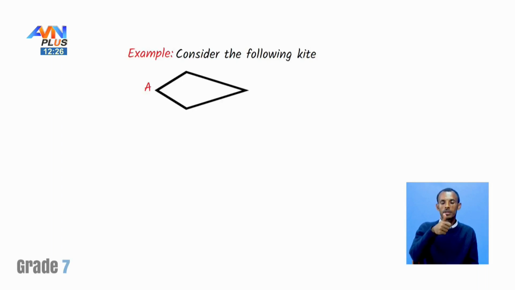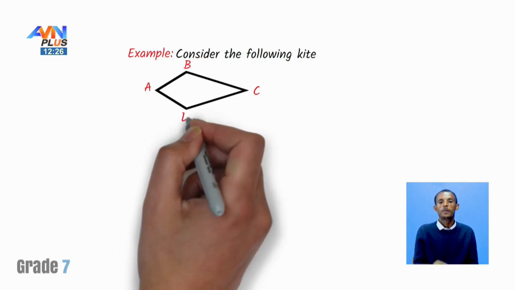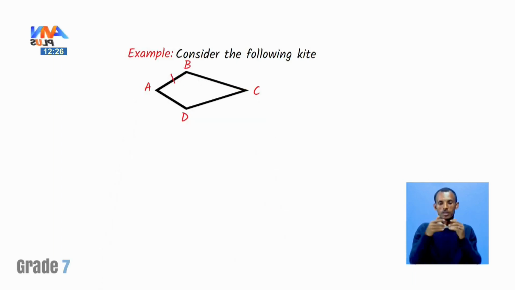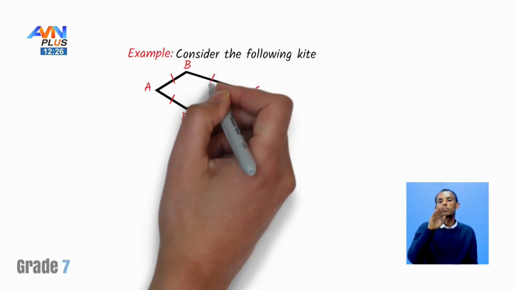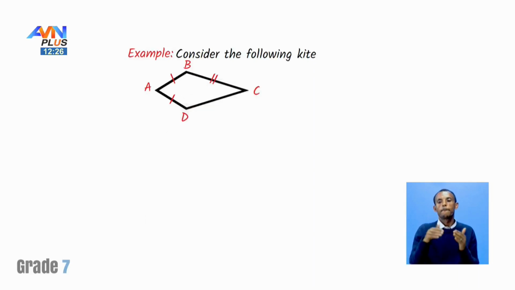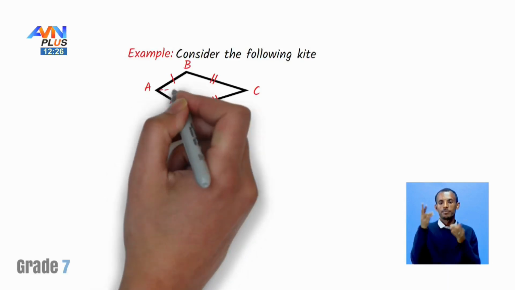A, B, C, D. The adjacent sides of the kite are congruent, but the opposite sides are not congruent. These two are congruent. Again, these two are congruent. Let's give them the same mark for congruent sides. So the question here is, show that